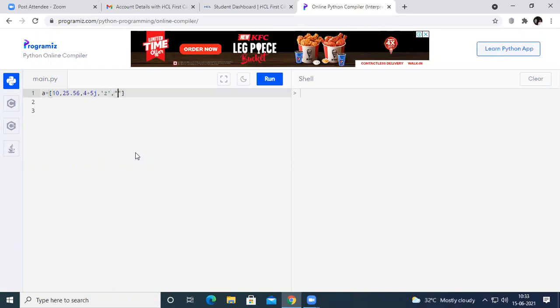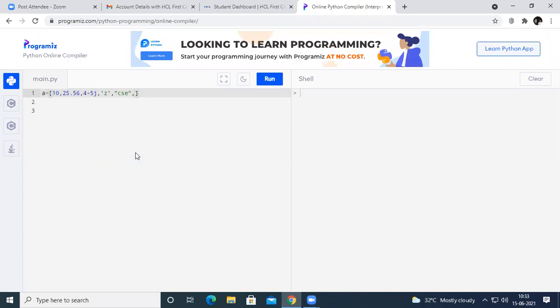And then I can have a string in double quotes, and at the same time I can have a string in triple quotes. Okay, so these are the different values that I can have inside a list.